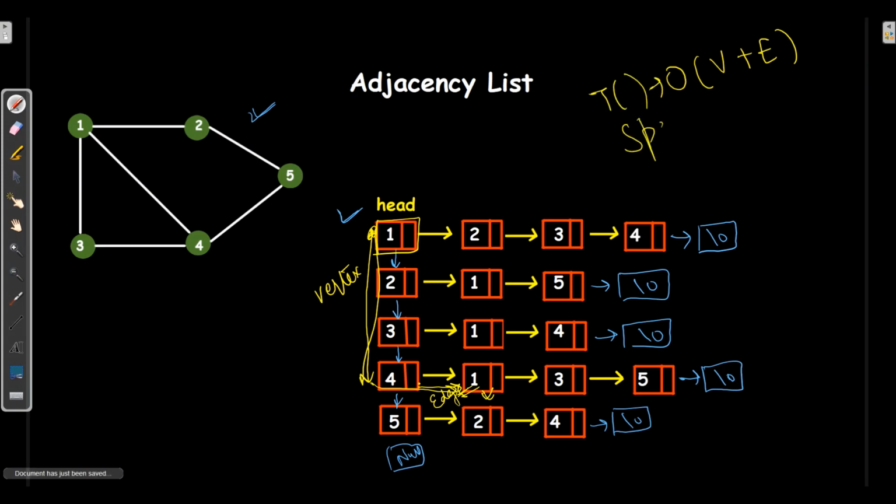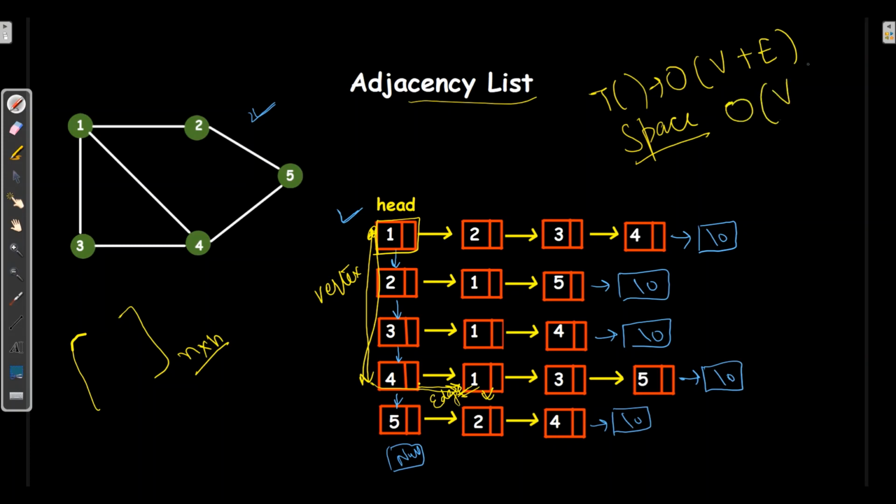Coming to space complexity. Space complexity of adjacency list will be lesser than matrix, because in matrix we need to draw an n cross n matrix if there are n vertices. But here we just need to draw order of V plus E, just the vertex and the edges which are required for that particular vertex.